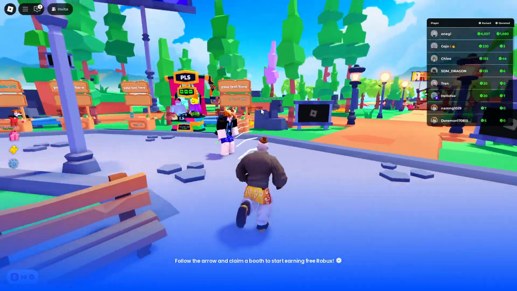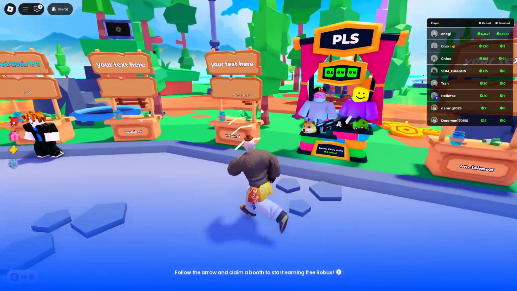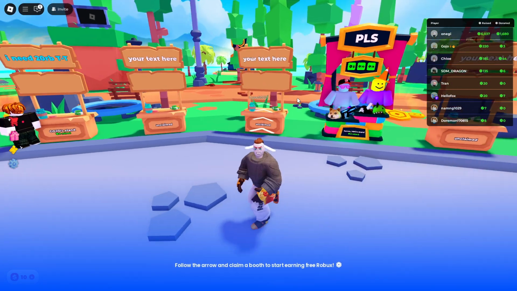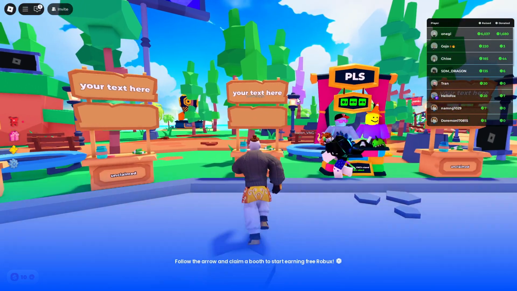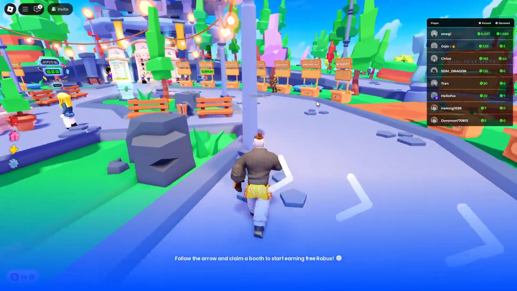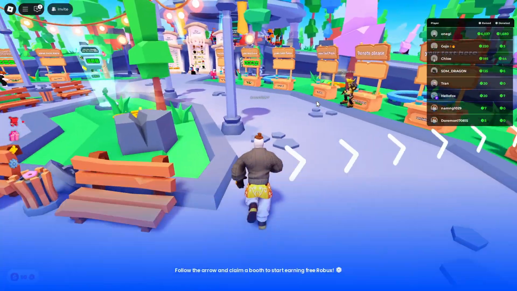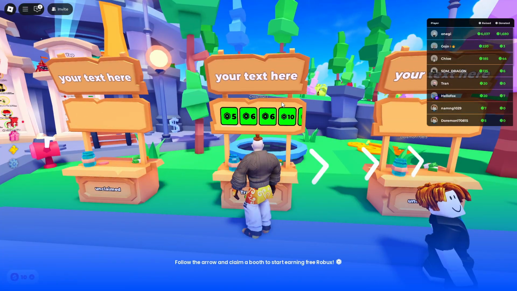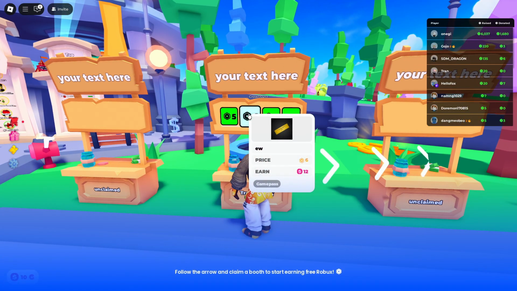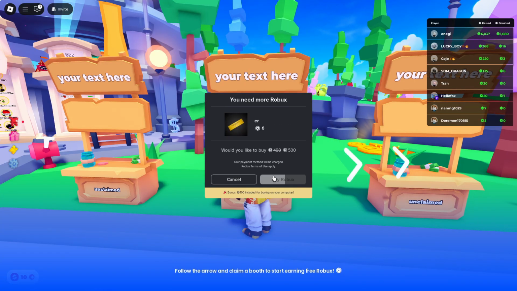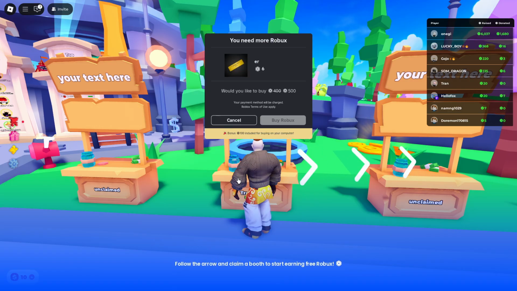And after you log into your account, after you've finished the steps that I've just demonstrated earlier about creating a pass, you should be able to see that other account or that other friend's account here, or his stand, and you should be able to donate as many Robux as indicated on the stand. So right here, for example, this is your friend's stand right here, so you should be able to see that friend's stand, and just click on that one, click buy Robux, and after that it says successfully